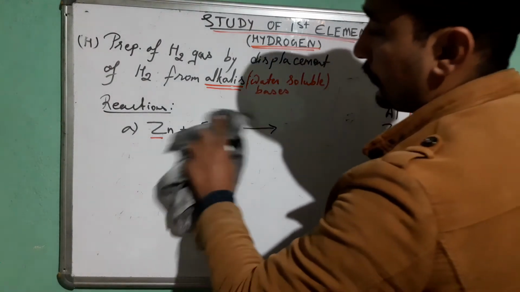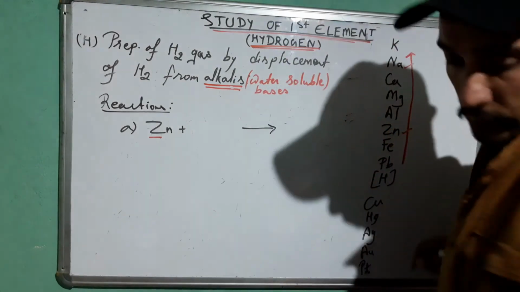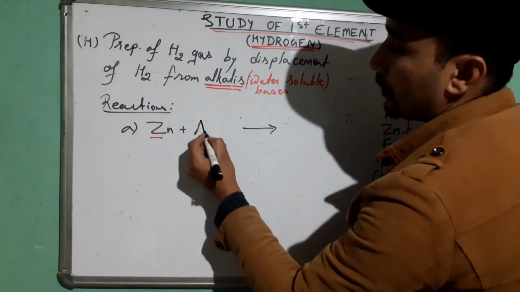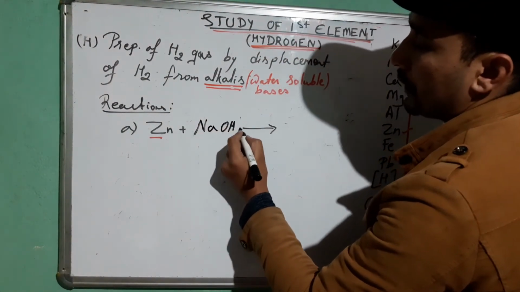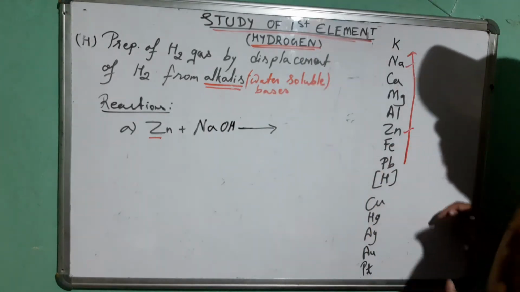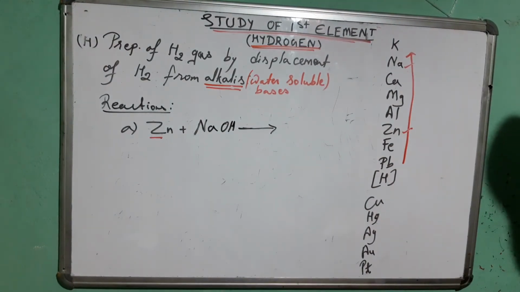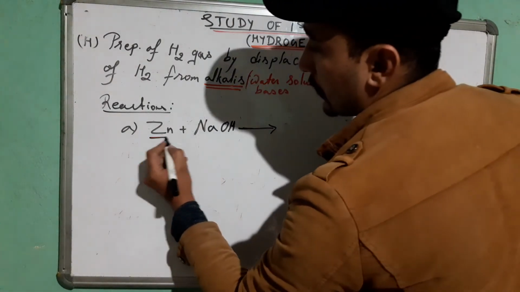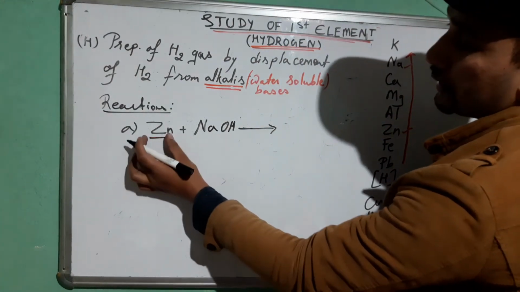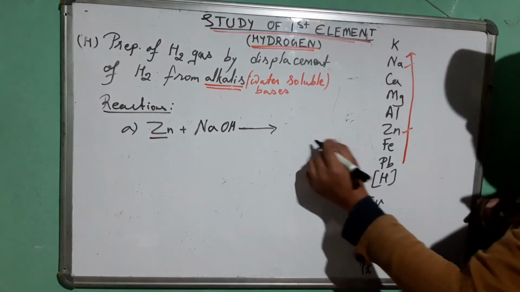So in place of Fe(OH)2, you have sodium hydroxide, NaOH. NaOH is an alkali. Alkali means a soluble base, a water soluble base. So the zinc will combine with this only, and forms sodium zincate,